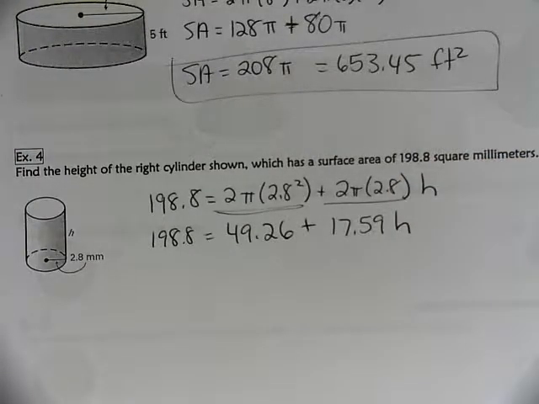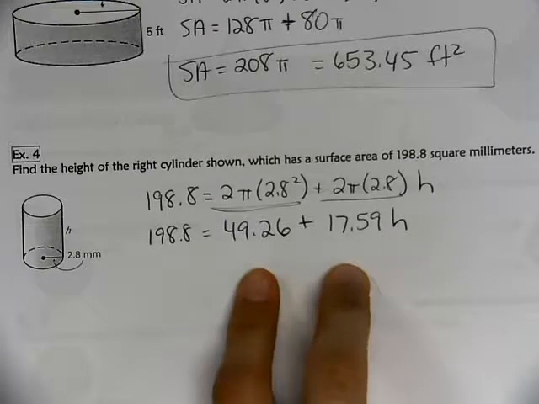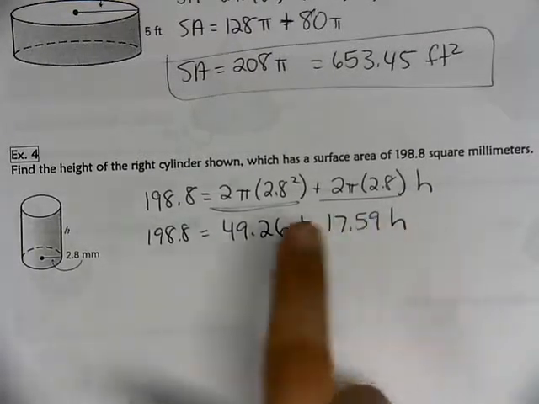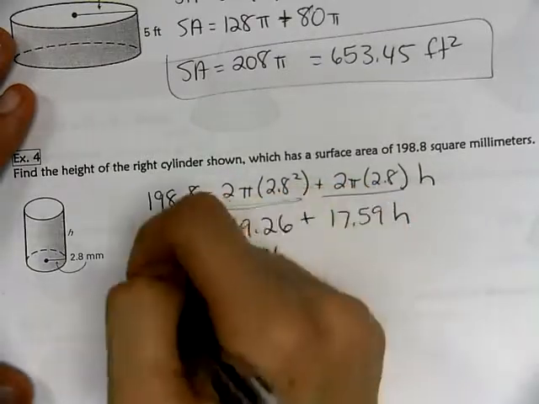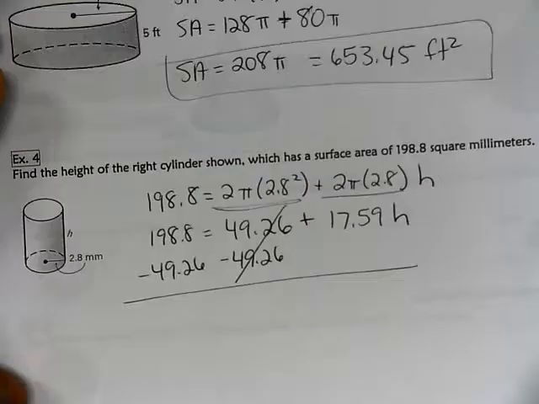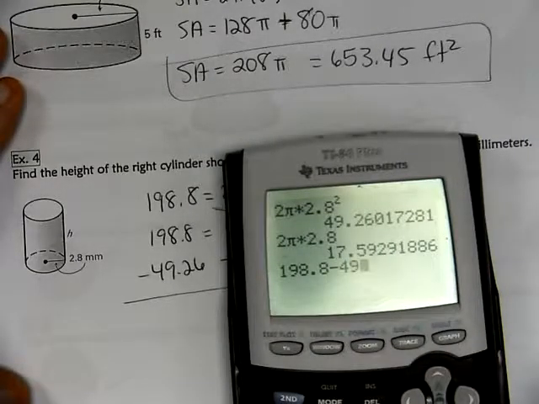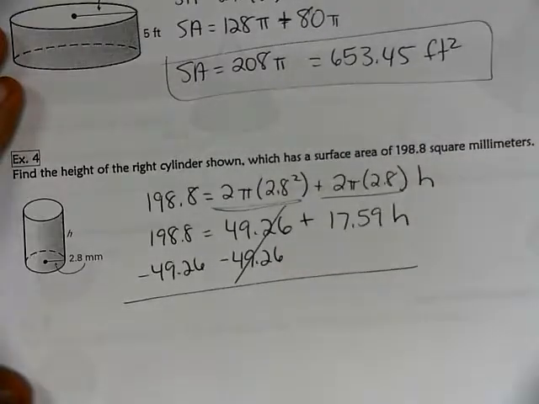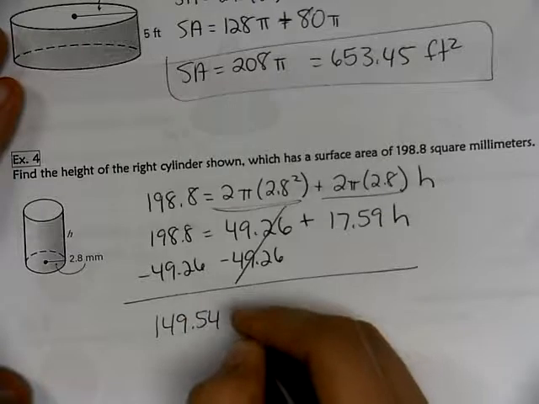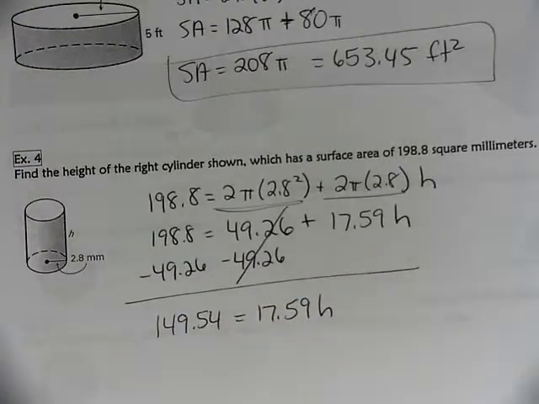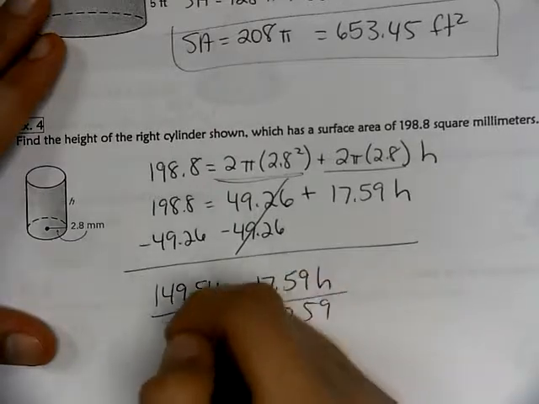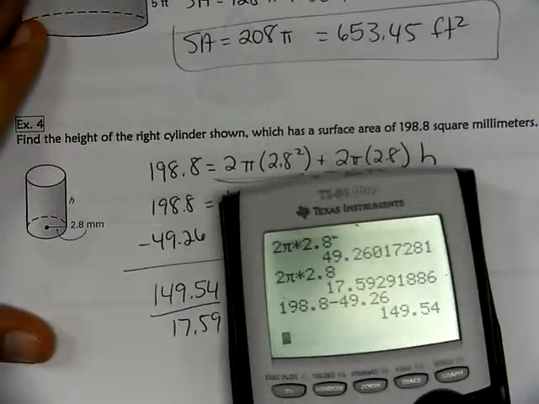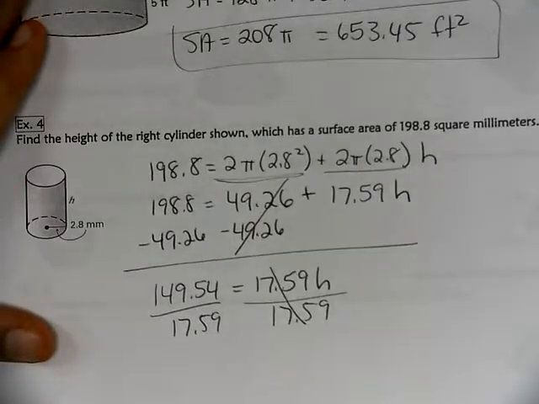So I did the first group as a number and the second group with h as a number. Do not add these together, because see how this has an h and this doesn't? It's like algebra. So what should I do first to get to h? Yeah, I'm going to subtract the 49.26. That gives 149.54. Now, what can I do? Divide. That gives 8.5